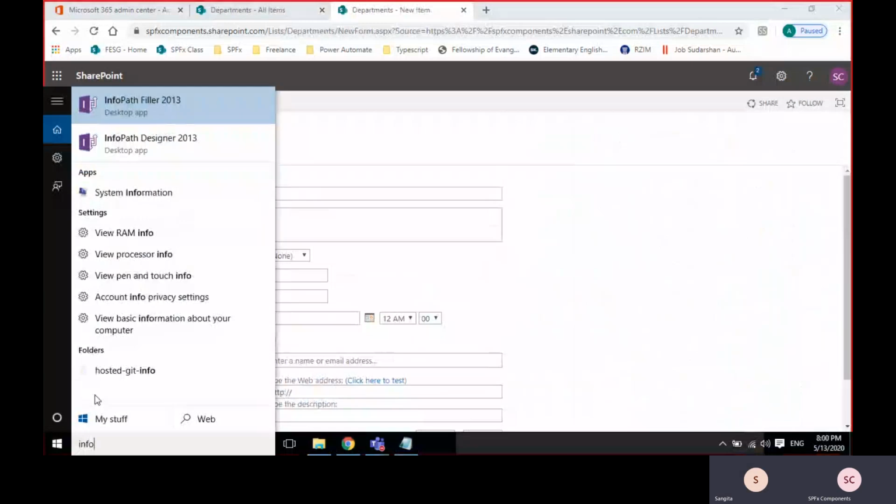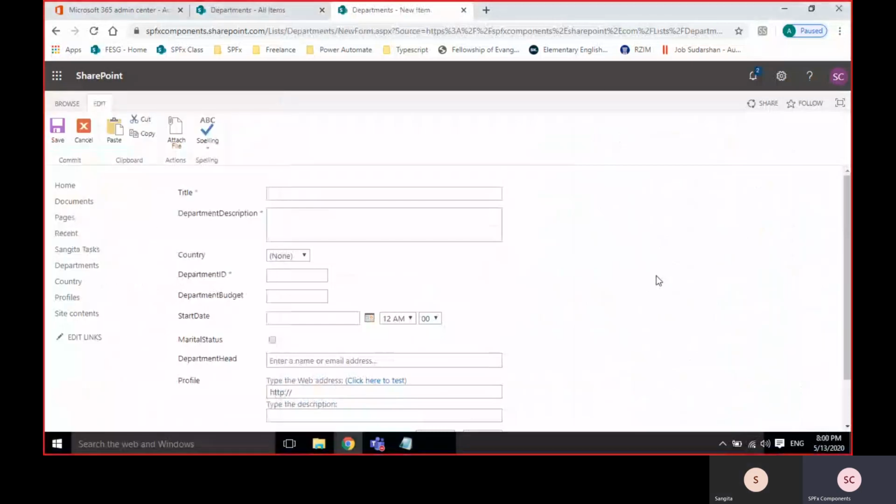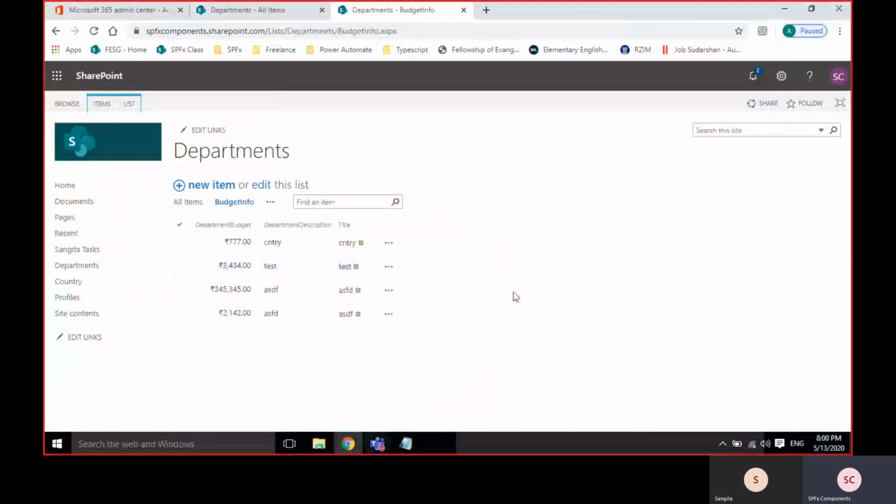We are going to work on InfoPath Designer 13. Finally, whenever we submit the data in that InfoPath form, the data will come to this list only.